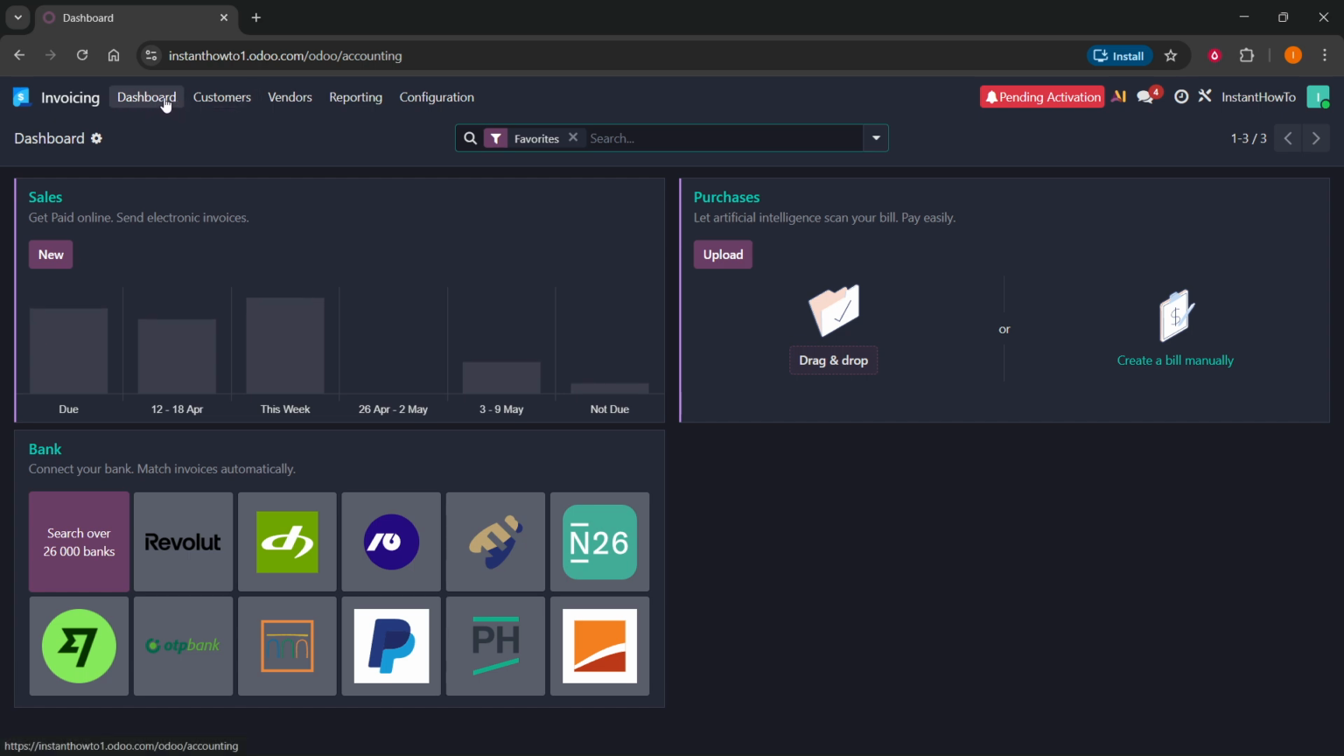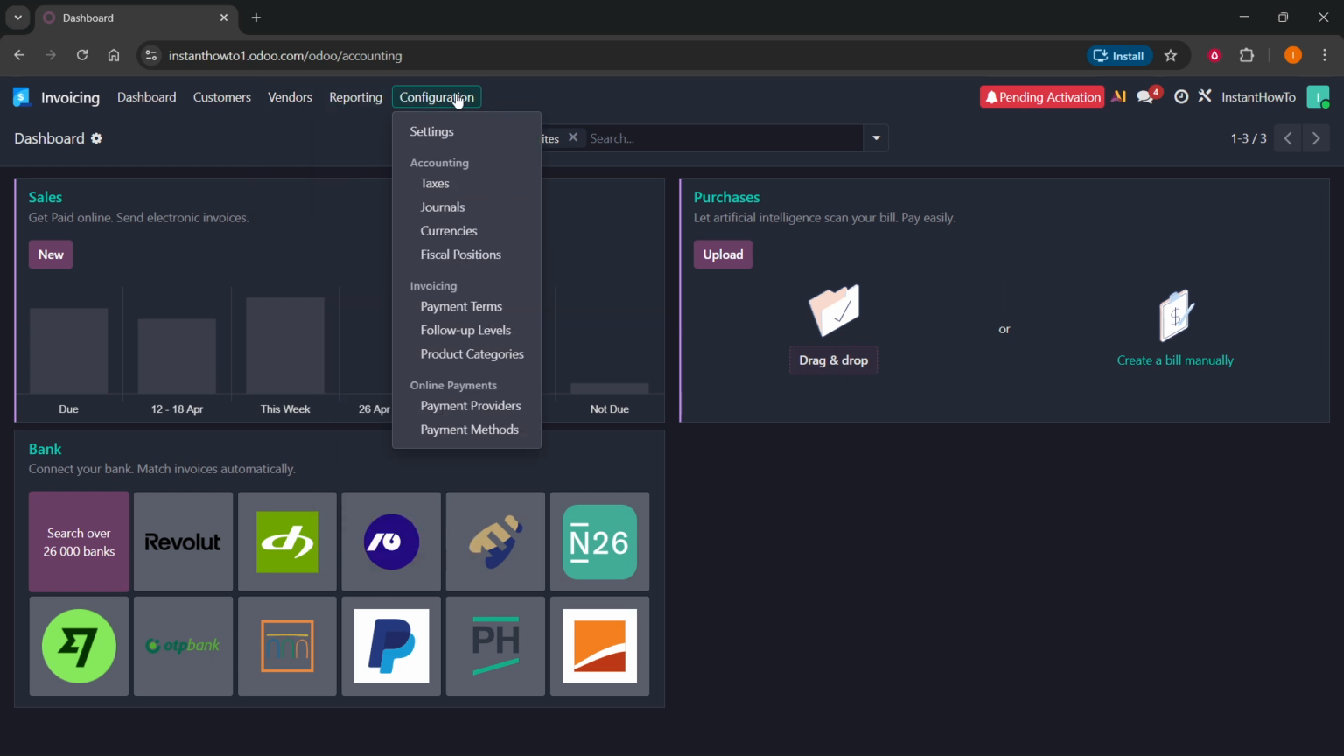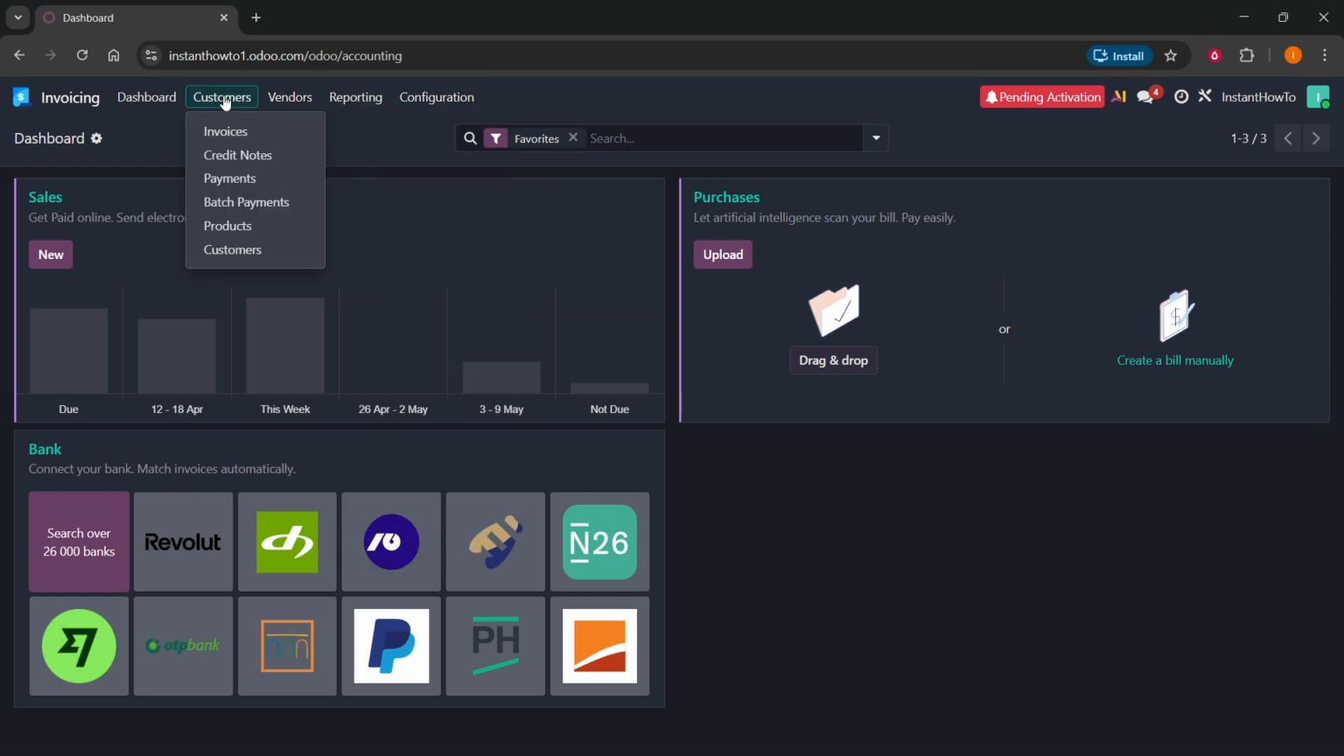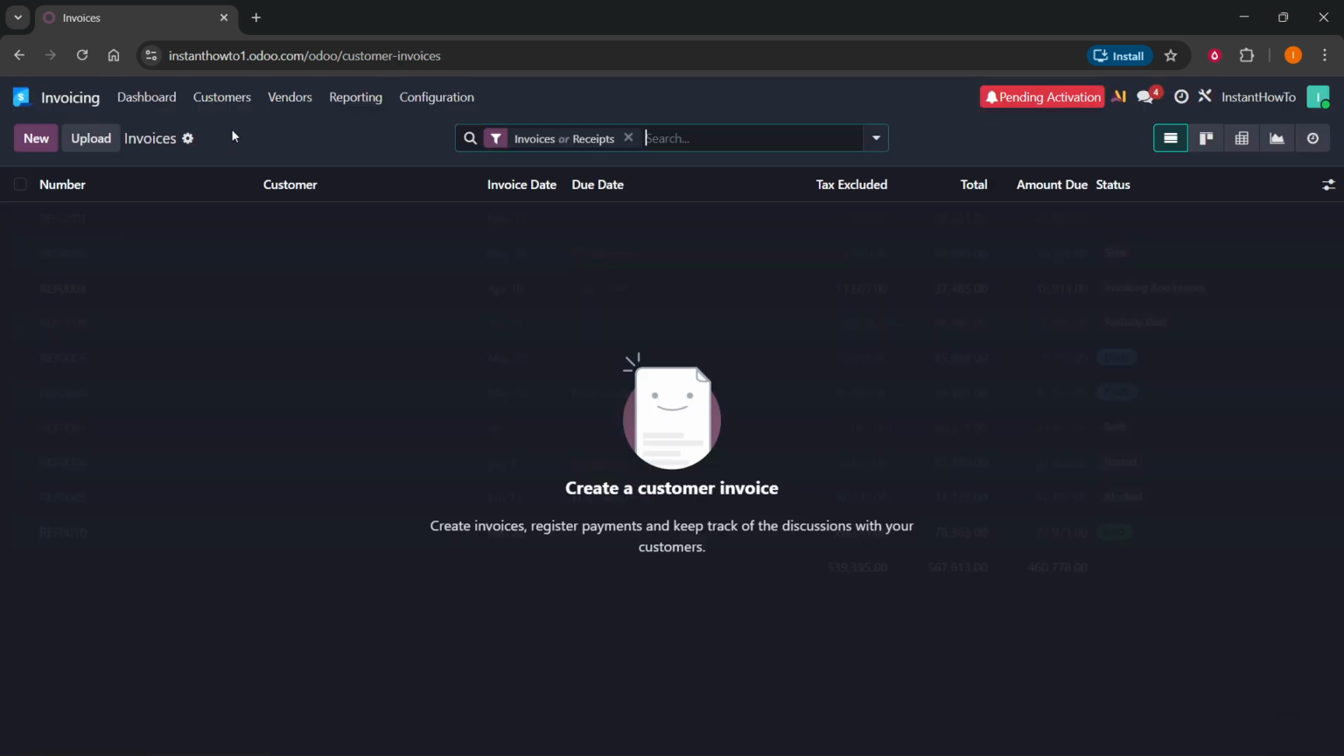Okay, so to actually be able to do this, you can see up top here you have a bunch of different things. You have your dashboard, you have customers, vendors, reporting, and configuration. So if you want to create the invoice, you want to go to customers, hover over it, and click on invoices. In here, to actually create a new invoice, you want to go and click on new top left,